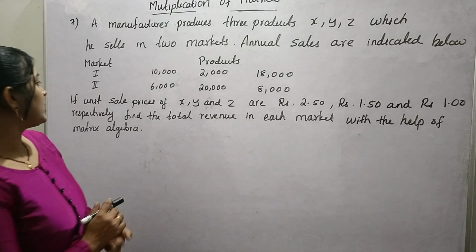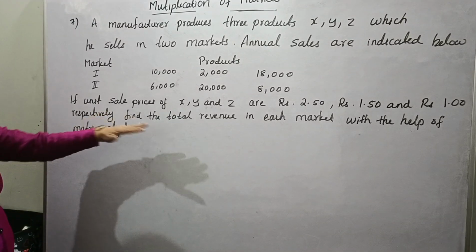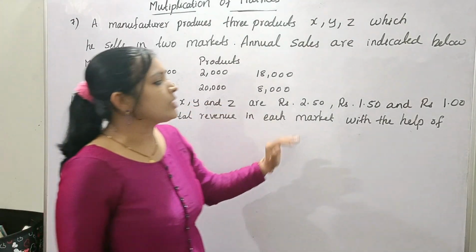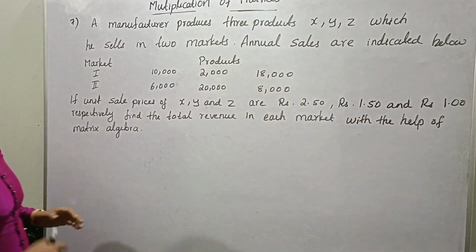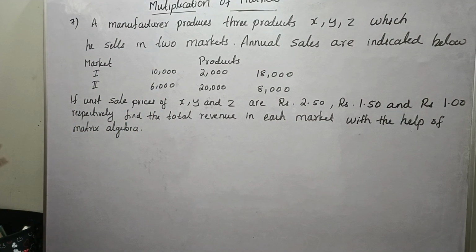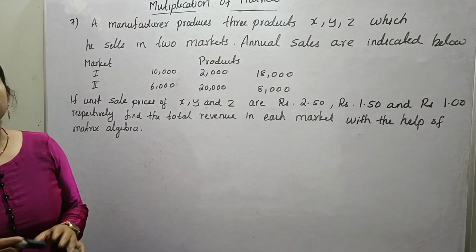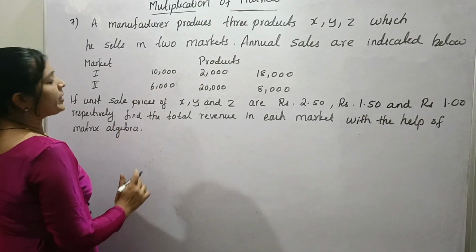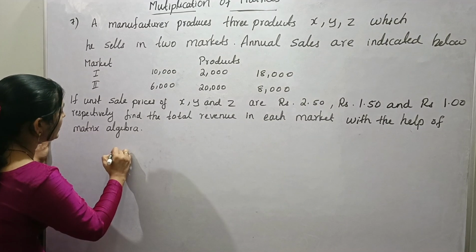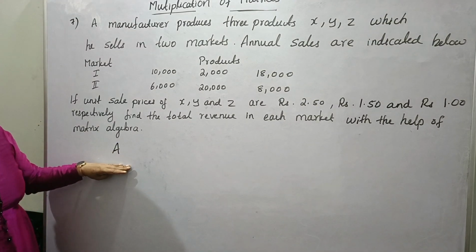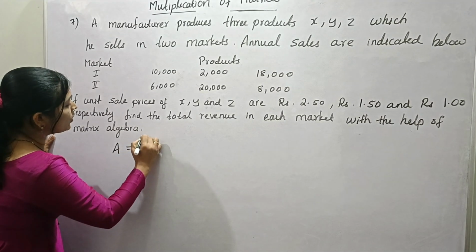For rupees 1. So here find the total revenue in each market with the help of matrix algebra. So here let us write this information in matrix form. The quantity of the products matrix is matrix A. Let the quantity matrix A be equal to